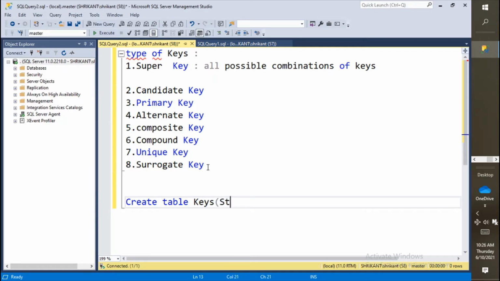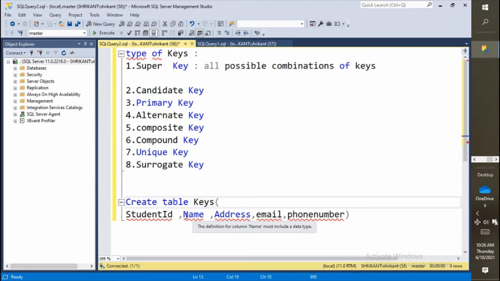It has a student ID, then it has a student name, then it has address, then it has email, it has a phone number. For understanding all the keys we are using this table, and this table is represented like this.